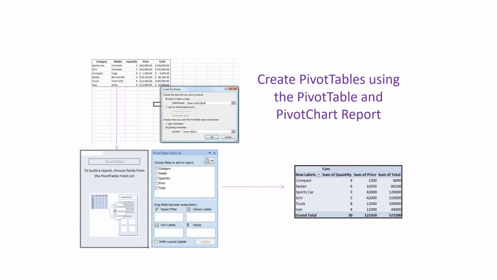Here, source data is nothing but a long list of data from which we can create a pivot table. Each column of the source data becomes a field that we can use in the report. Fields summarize multiple rows of information from the source data. Names of the fields for the report